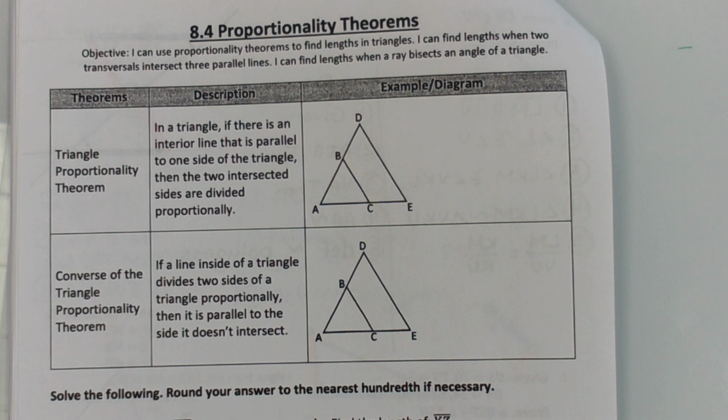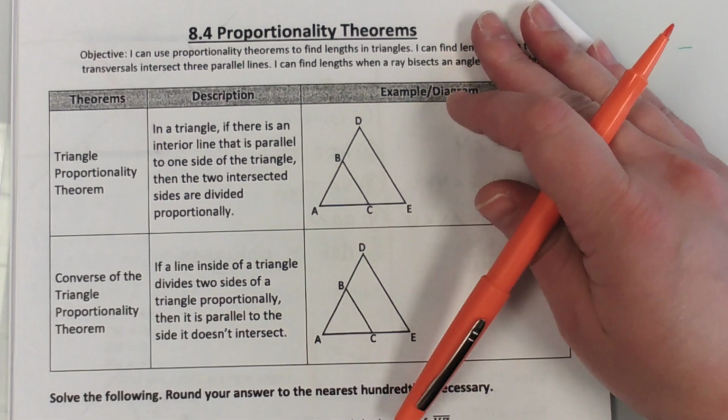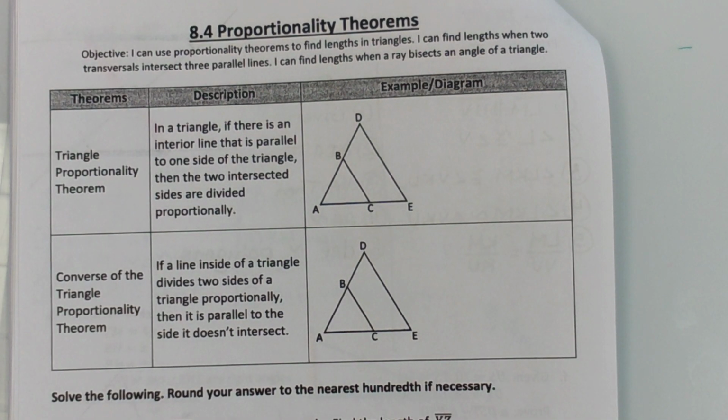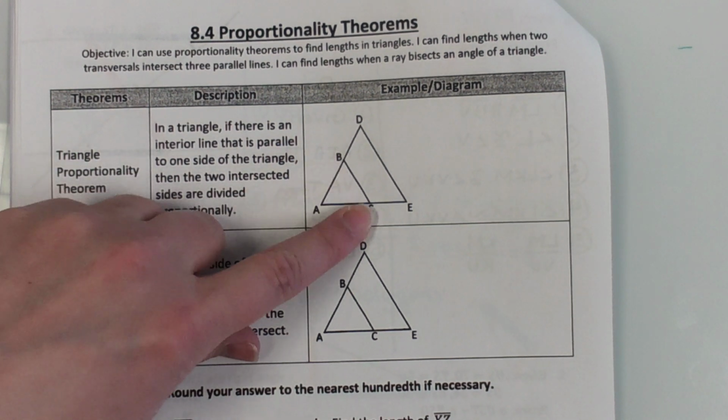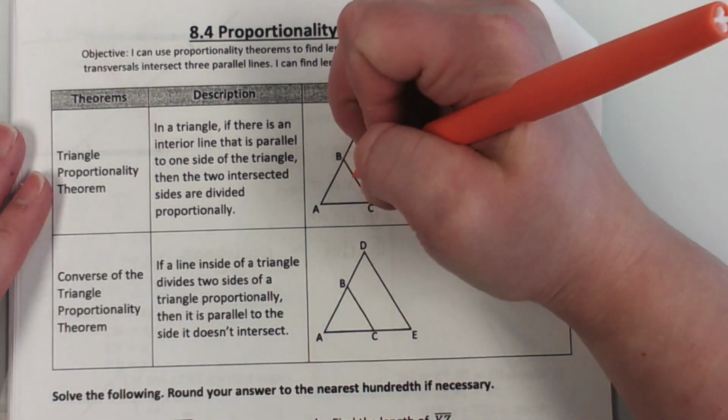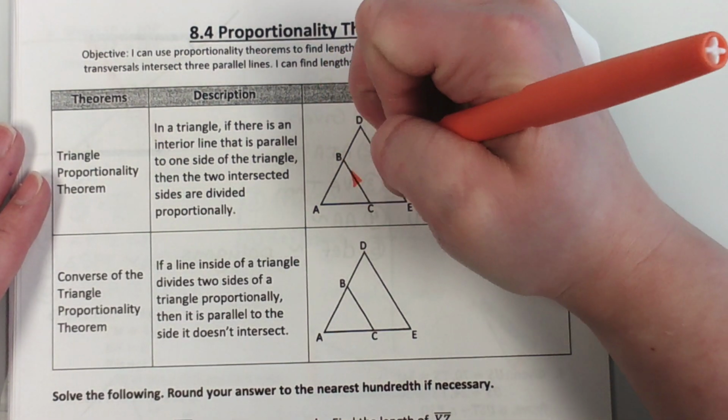The triangle proportionality theorem and its converse are going to be the first things we talk about today, and they're fairly easy, and they're actually going to look fairly similar to problems that we've done before. The difference is how we set up the proportion. The triangle proportionality theorem states that if we have a segment going through the middle of a triangle that is parallel to one of its sides,